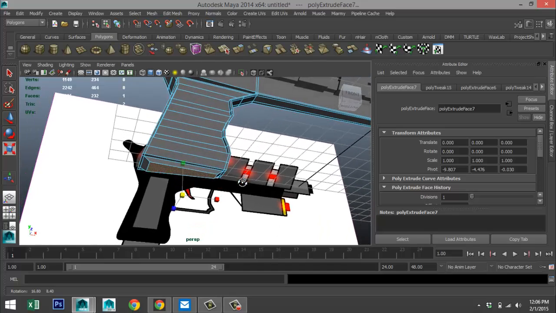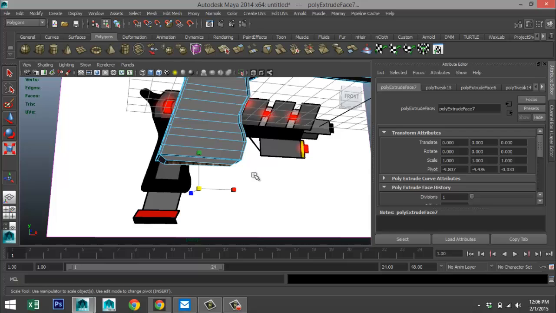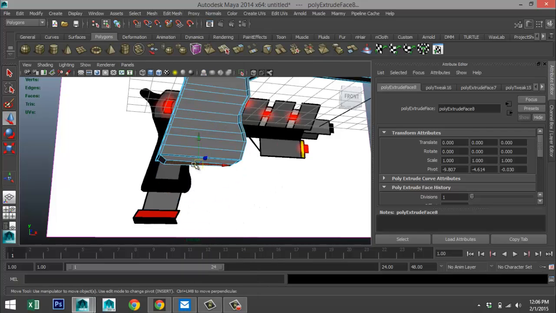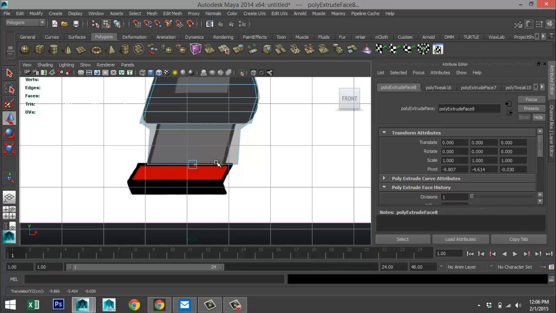And again, it doesn't have to be 100% identical to the image. Edit mesh, extrude again, hit W, bring that down, and we'll take the same angle and we'll move it so we have the same line going on. It's going to be a bit thicker, but I just think that looks a bit cooler.